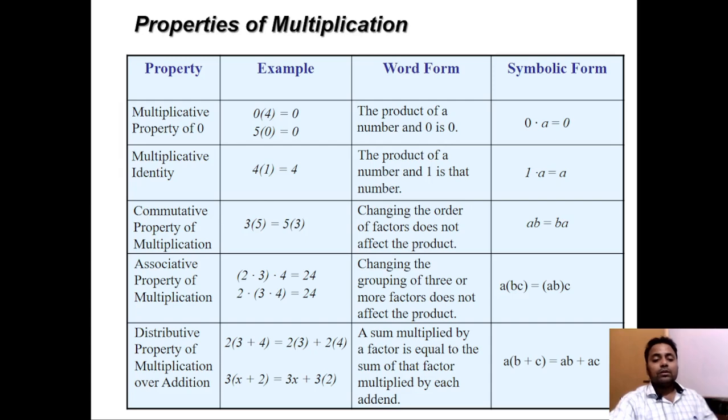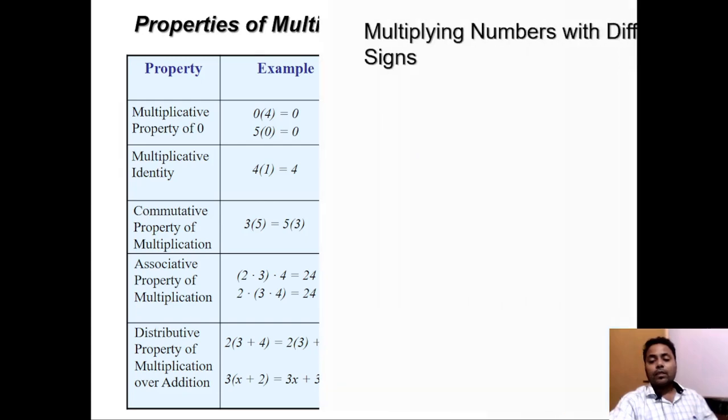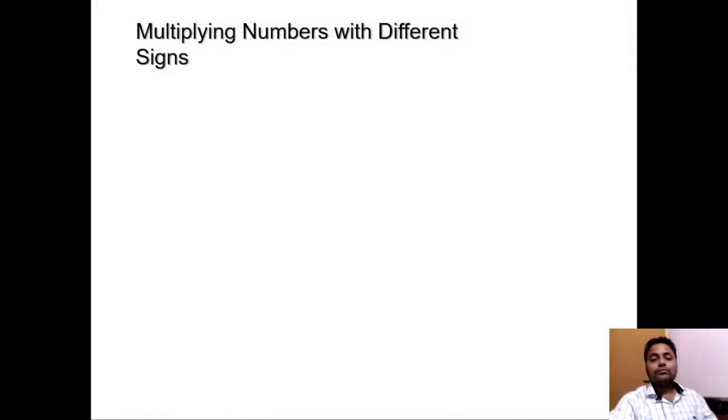Distributive property of multiplication over addition, like 2 times (3 plus 4) is equal to 2 times 3 plus 2 times 4. 3 times (x plus 2) is equal to 3 times x plus 3 times 2. So a sum multiplied by a factor is equal to the sum of that factor multiplied by each addend. So a multiplied by (b plus c) in bracket. If we open the bracket, the result will be ab plus ac, and now